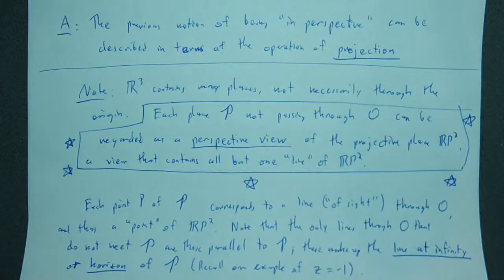Similarly, I can actually think about projecting from one plane onto another, where neither plane passes through the origin. And so we're gonna talk about that next time, because this is going to lead to some very nice things. So this is going to lead to one of the most powerful tools to help us understand projective geometry, which is we're going to get fractional linear transformations out of this,